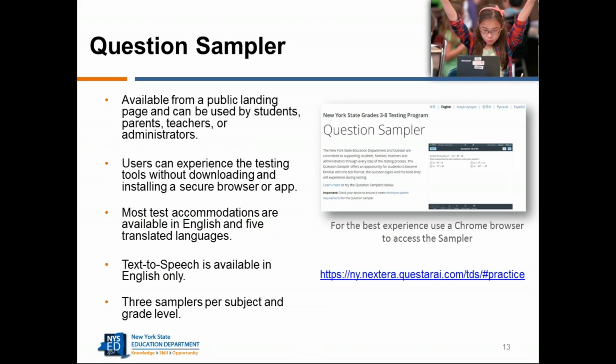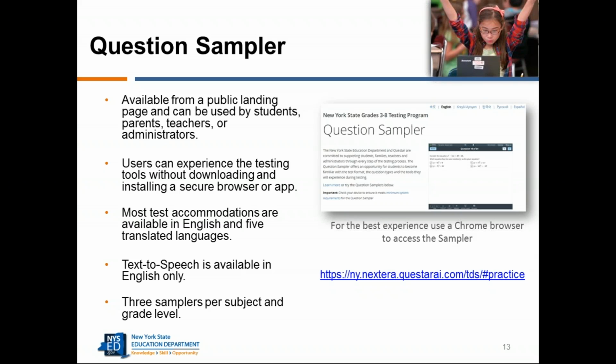You have heard me say several times that the CSE must help to determine the most appropriate way to deliver a testing accommodation to a student testing on computer. It is so very important that we beat the drum and make sure that we say it several times that the CSE and the student should review the online practice test together. You can see on screen the URL for finding the question sampler, which is available via the Google. You can find it too. You can share it with parents. And you can also find links to the question sampler on